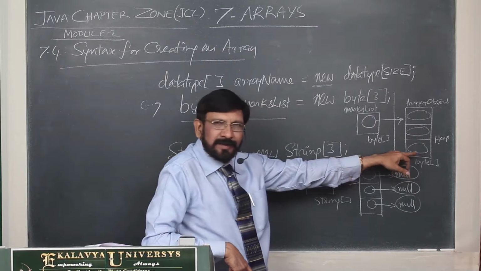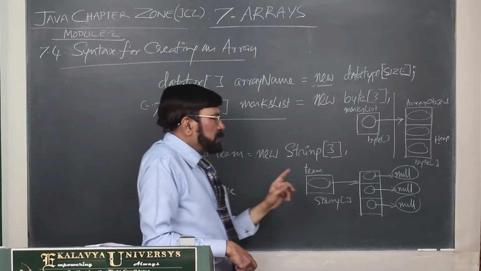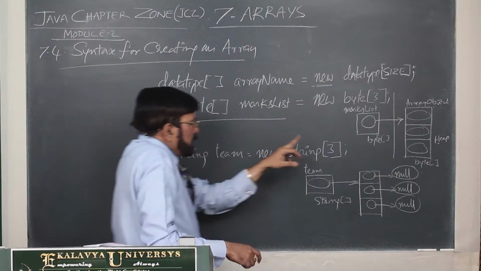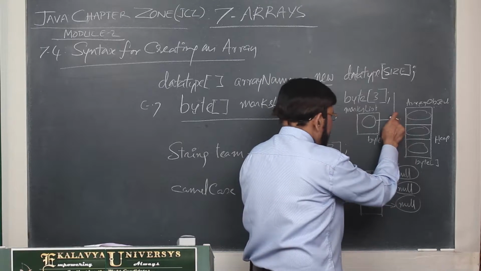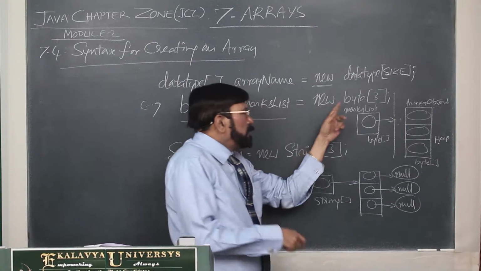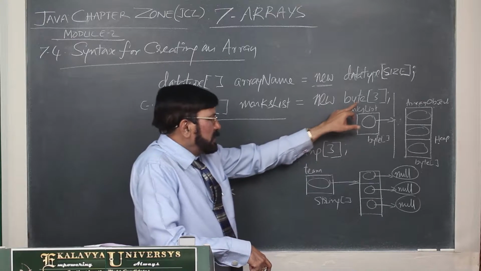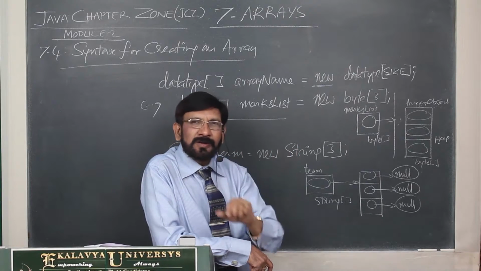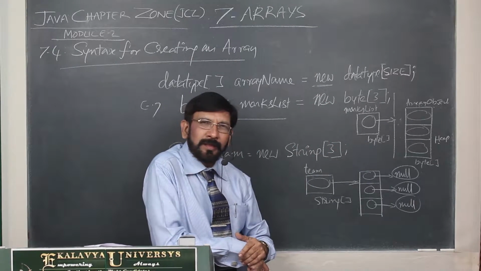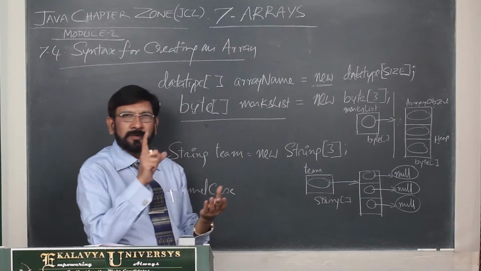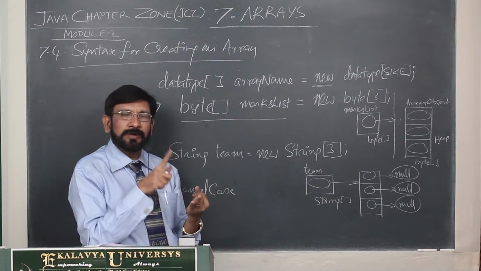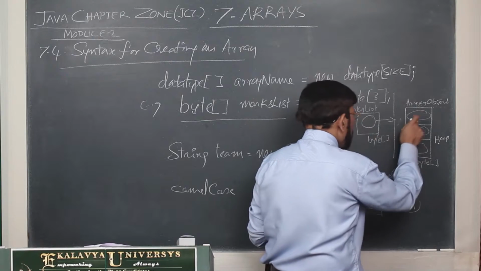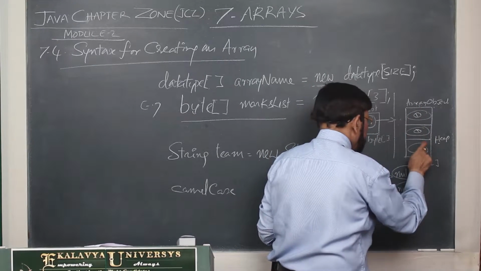Now your 3 bytes are allocated. For that purpose we want a string with a reference to the kite. So this we have created. As a result of that, this is created. Now what happens? New does one more thing. Second operation: depending on the byte, until you initialize the values, it fills the default values of the particular type. Default value of integer types, that is byte, short, int, long, is 0. So what is the second job of the new operator? It fills 0, 0, 0.